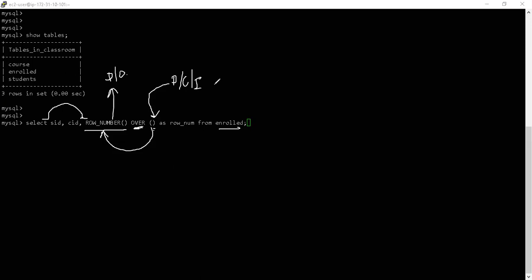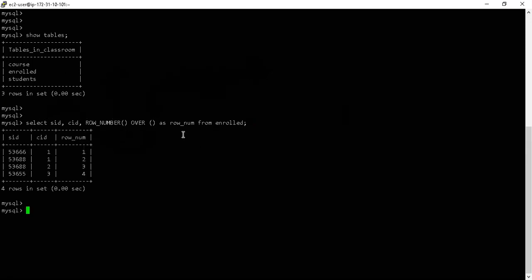Optionally, as part of these parameters, I can also sort the data, right? And that's exactly what the function is doing. Let's execute this and we'll come to know. In this case, because it is a very, very simple function,